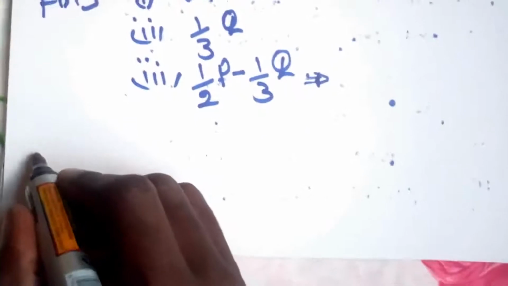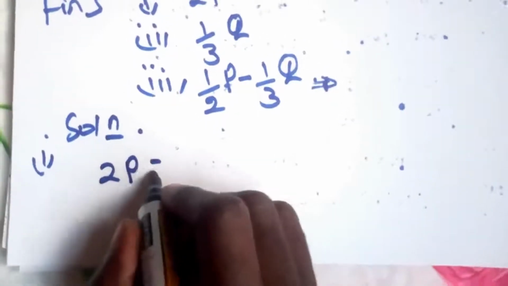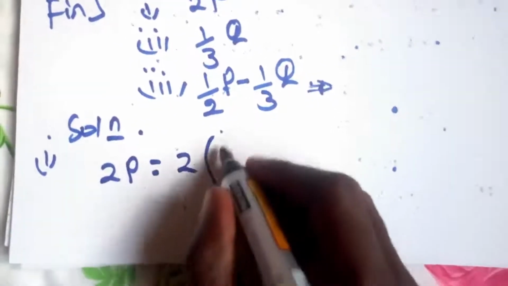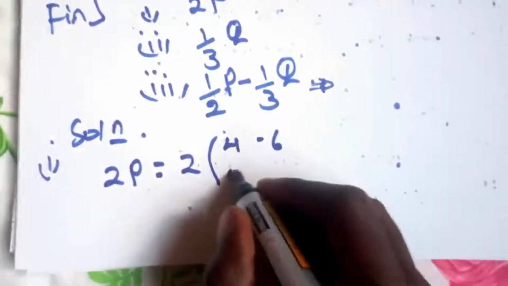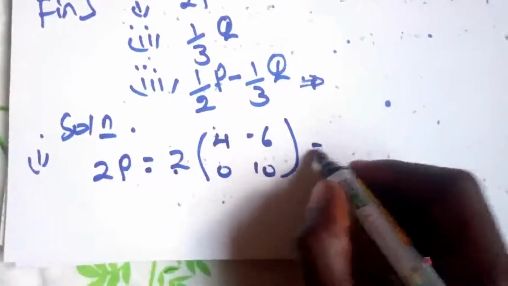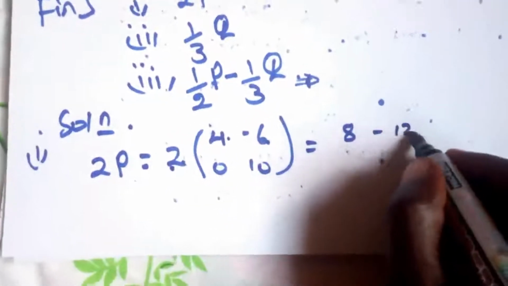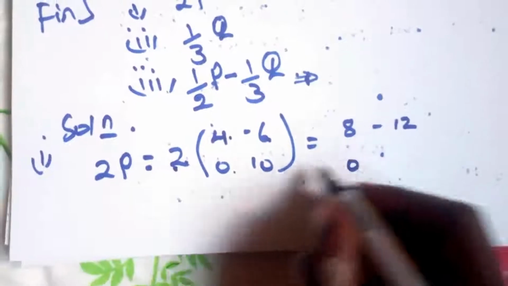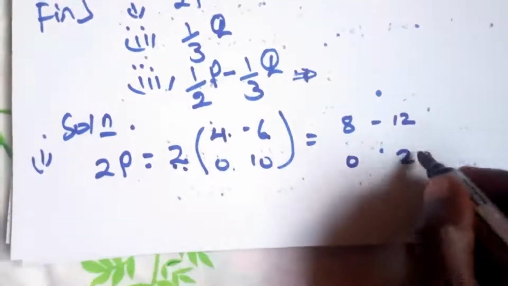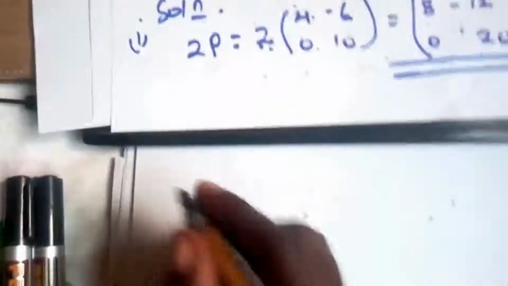Let's have the solution for Roman 1. I'm going to have 2P. This is so easy. 2 into P, 4, negative 6, 0, 10. Multiply 2 with each entry. This one is going to become 8, negative 12, 0, 20. As simple as that. Roman 2,